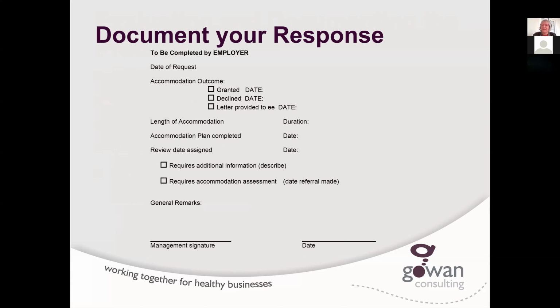So when did you get that request? You want to be timely and do this in good faith. It can't take you 6 months or a year to accommodate someone. You want to do it as quickly as possible so the person can get back or get into the job and be productive. You can decide whether you've granted or declined that.